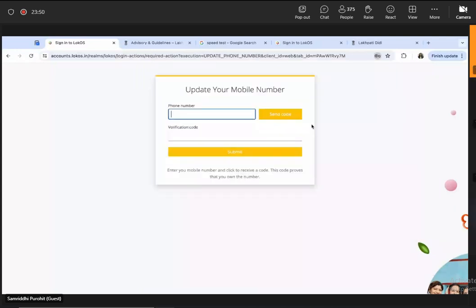Mobile number is not updated here. Can you please provide the mobile number and verification code? Madam, which user, madam? This one that you had shared. Nagiri Pet BPM.